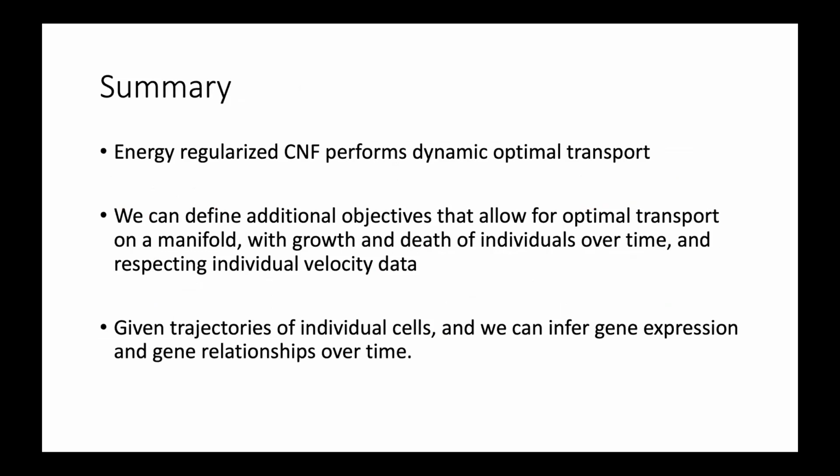Cool. Yeah. So just the summary. We have this regularized continuous normalizing flow that's also the same as optimal transport, and optimal transport is useful because it is a distance between distributions that takes into account very close distributions. It takes into account the horizontal distance between them, not the vertical distance. Using this, we can define additional objectives that give you optimal transport on the manifold, and you can have cells grow and die. You can do all this in the neural network space where you can just add additional regularizations, and it's easier to parameterize what's happening. And then finally, given an individual